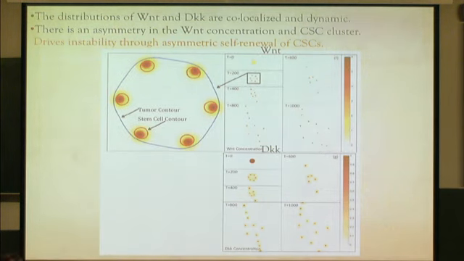If you analyze that, here's your free boundary problem. You have the tumor boundary. You have these clusters of stem cells inside, and then this is the Wnt. What we were assuming was that the Wnt production depends on the fact that cells have some nutrients, and that biases it a little bit. Instead of being centered right where the stem cell clusters are, the Wnt concentration is centered a little more towards the boundary. So you have higher self-renewal towards the boundary and less self-renewal in the back, and that drives the fingering, and that drives the instability.